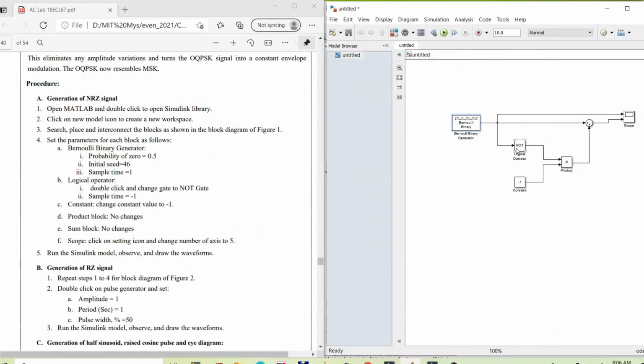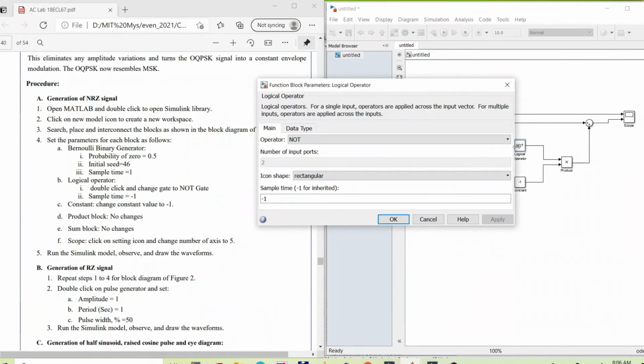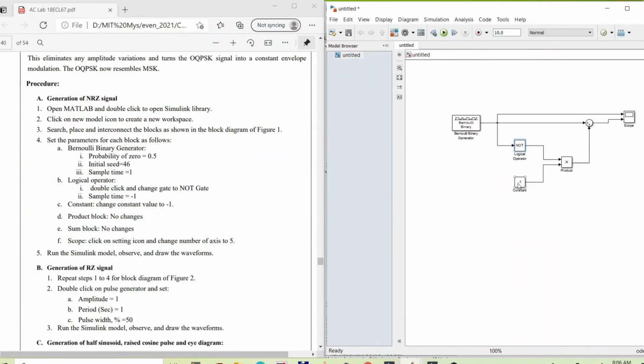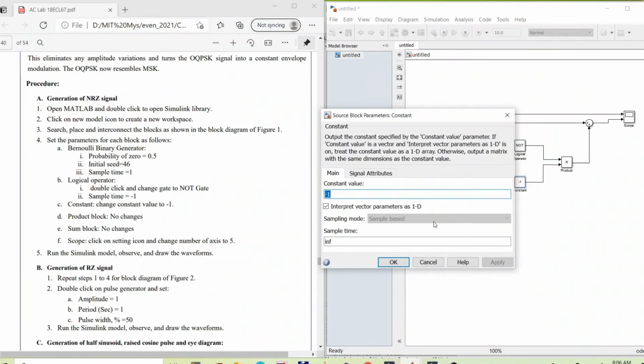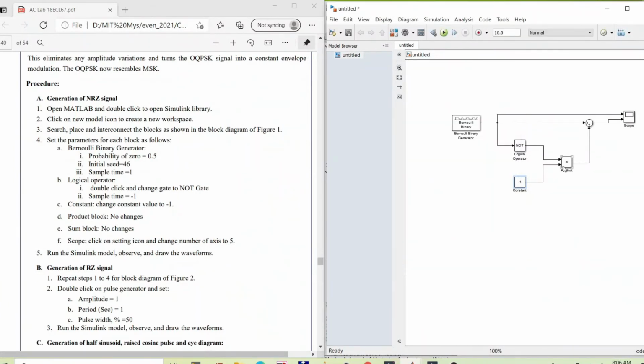For the NOT gate we have already done that, so let me check. The sample time is -1, it is not. The input is only one port. The constant value we have changed to -1. The product, sum block and scope settings we have already done. So now we'll be able to run this simulation and observe the waveform.